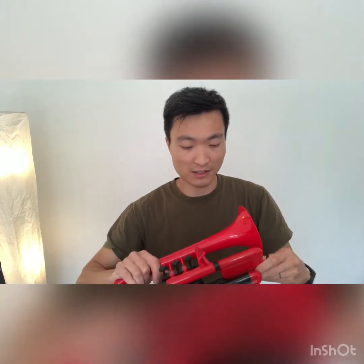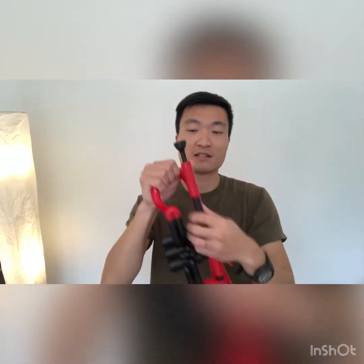That may be a pros and cons, I don't know. I feel it's not as smooth. It's a feeling thing, so it's very subjective. The bore is quite big, so it takes a lot of air to actually blow the instrument. The bore meaning the diameter of the